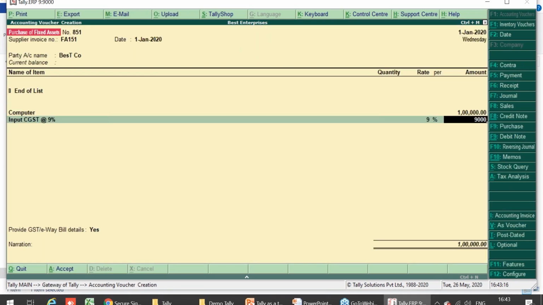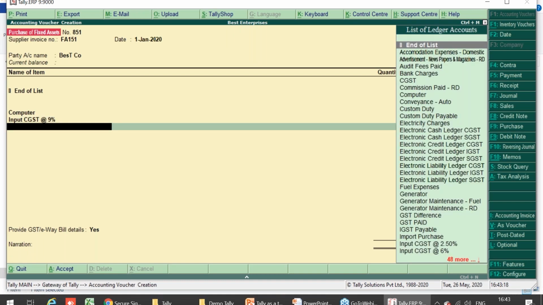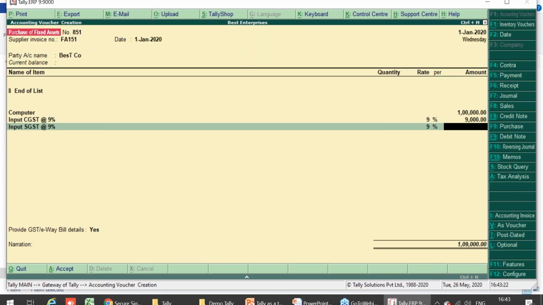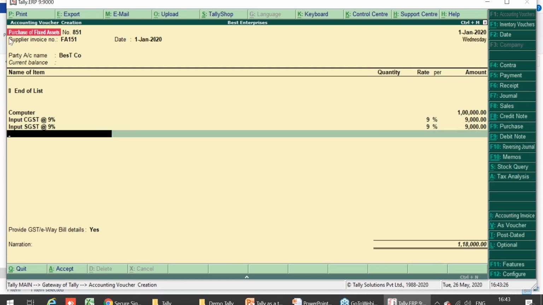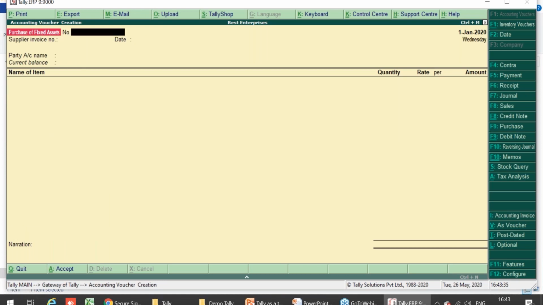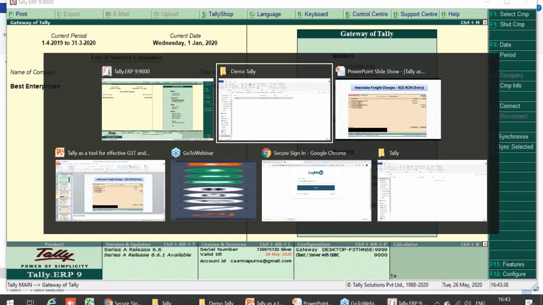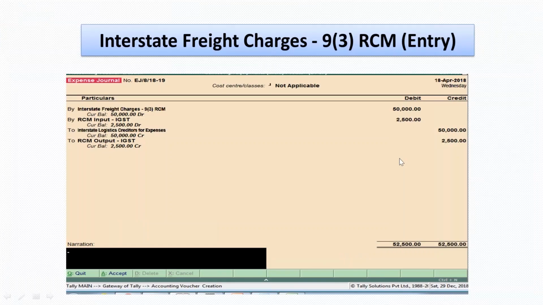Since I did not configure it, the rate is not automatically coming. Otherwise, it will come automatically. Likewise, I'm using a voucher type called purchase of fixed assets, which I created now, but the grouping will be under fixed assets, so it will not disturb my accounts. It got saved. I hope the question is clear now.